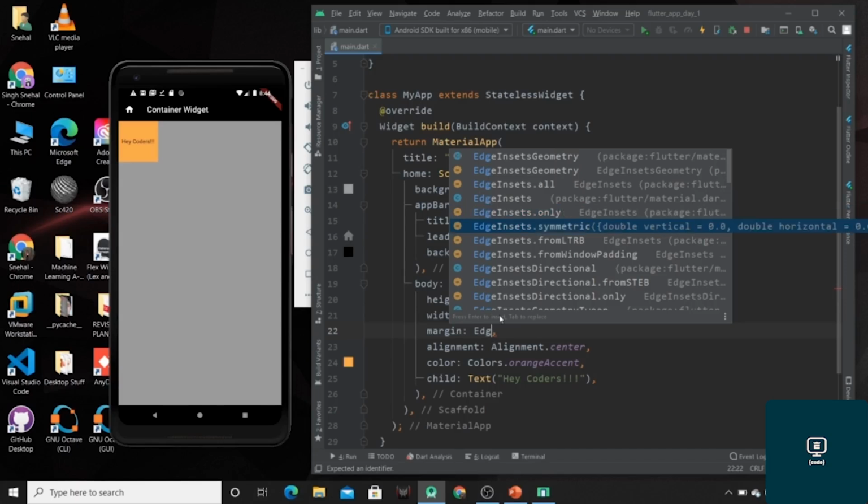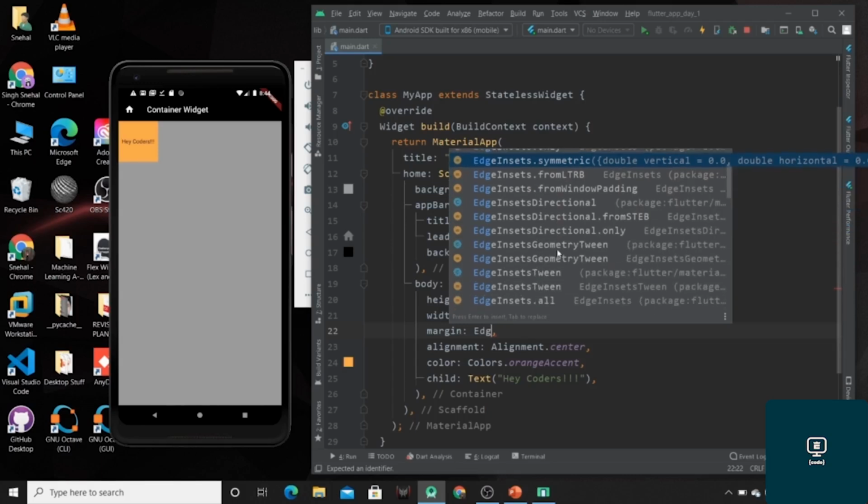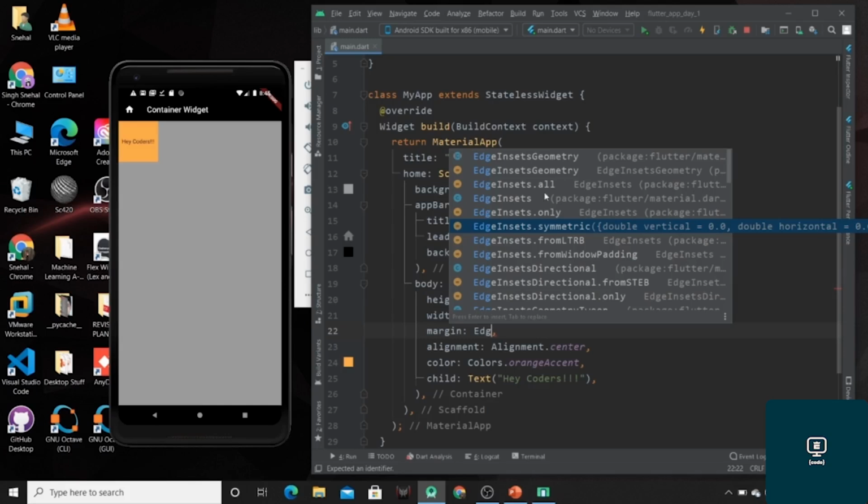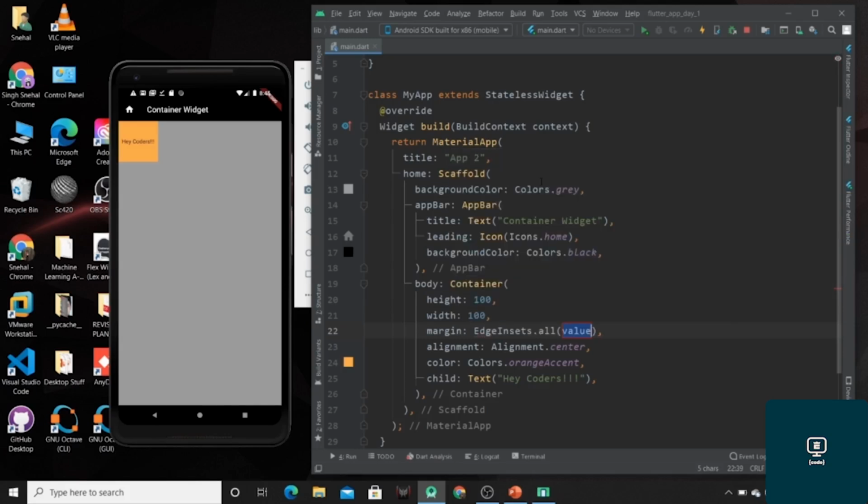And if we want to give vertical symmetric and horizontal symmetric margin, we can use the symmetric property. Other functions are also available, which can be used according to our need. I am going to use the dot all property and specify 20 pixels of margin. So I can see that a 20 pixel margin is given to the container from all four sides.